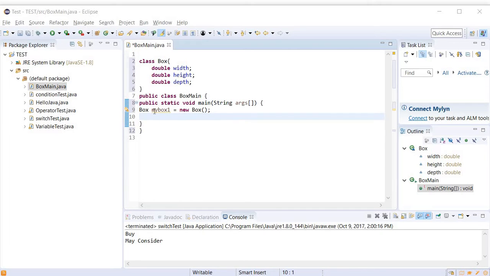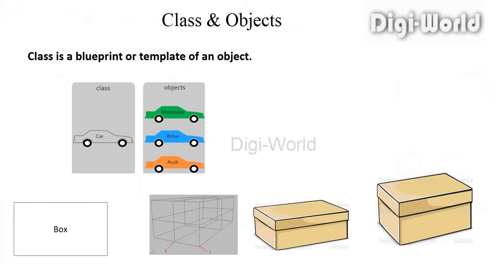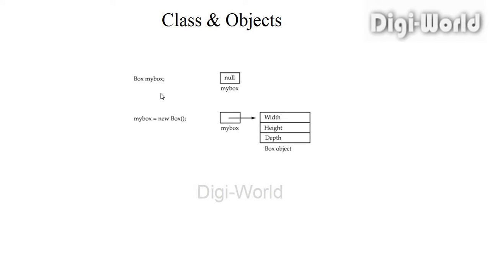My box 1 is an object of the class box, right? And what is this new box? This is a constructor of that class. With the help of the new keyword, we are allocating the memory to this object at runtime. We can see on this screen when we wrote box my box,